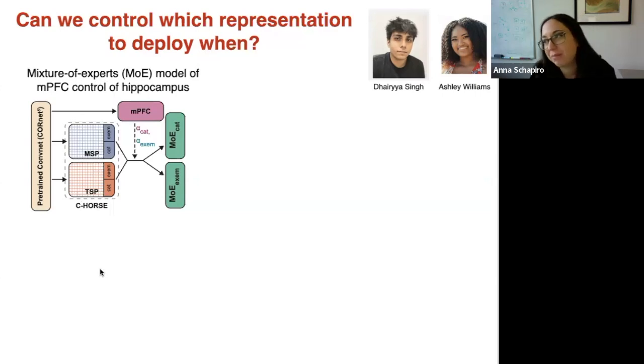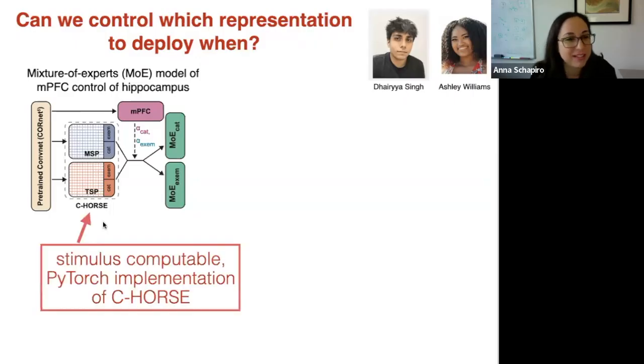So we've ported our model into PyTorch, which is great because I think there were some people who were willing to download Emergent and try to use it, but I think it'll be much easier for people to download and play with now that it's in PyTorch. So we have an abstracted version of the model that you can play with in PyTorch. And one of the nice properties of it is that it can now handle real input. The previous versions of the model were constrained to our little hand-coded inputs of the stimulus structure.